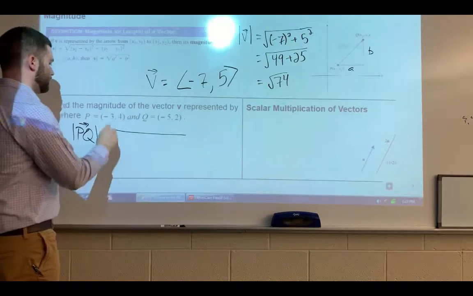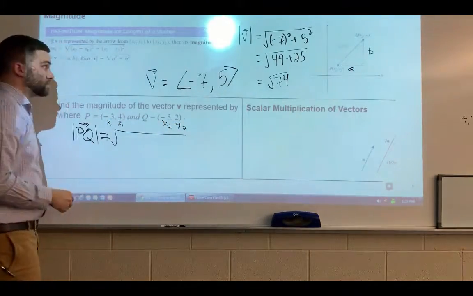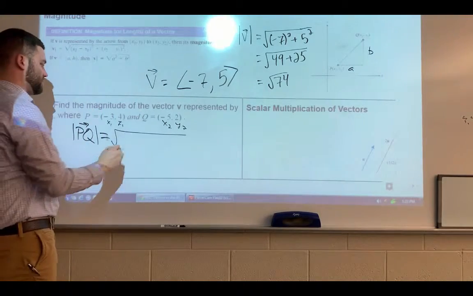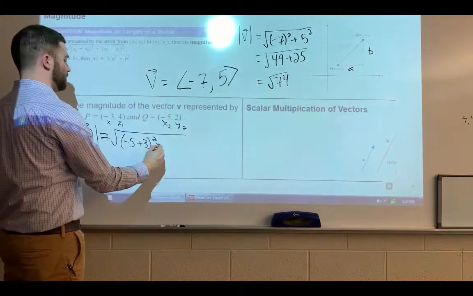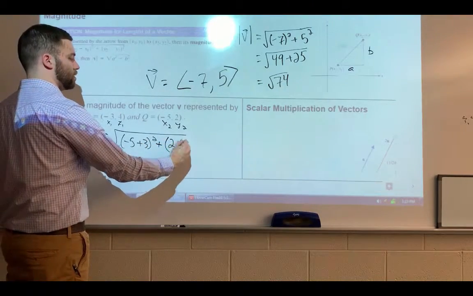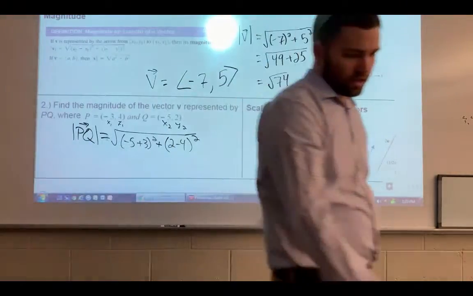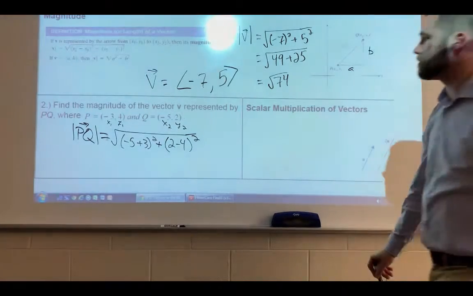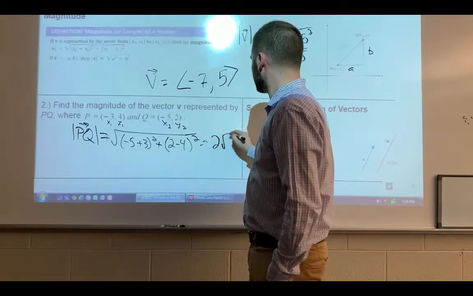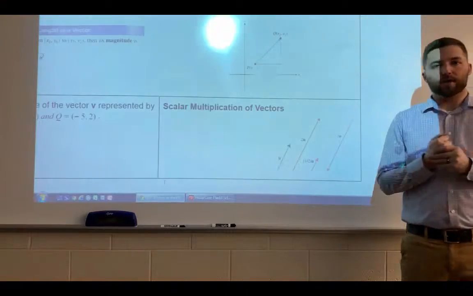the square root. We call this x1, this y1, this x2, this y2. Then we take x2 minus x1, so that's -5 minus -3, that's -2 squared, plus y2 minus y1, that's 2 minus 4 squared. Do the math, and it ends up being 2 square root of 2, or whatever the decimal for that is, that'd be fine as well. Okay, to finish out